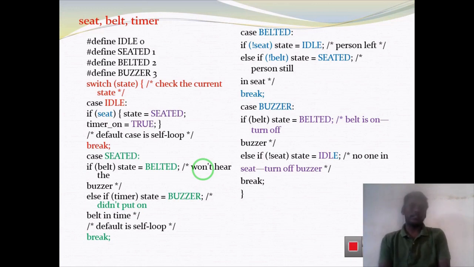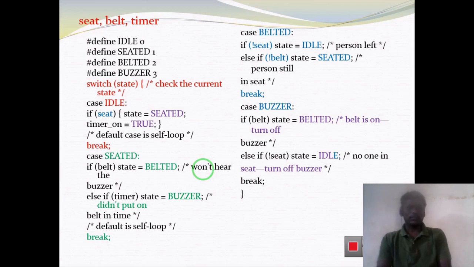Because different numbers of options and different situations will occur, I can go for a switch case. First of all, we have to check the current state, which is called the idle state. So what is the idle state? In the idle state, it may be that a person is